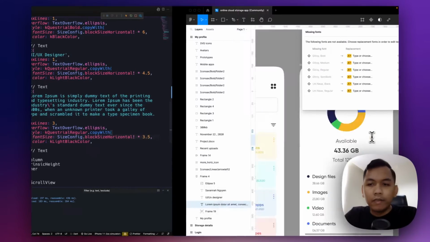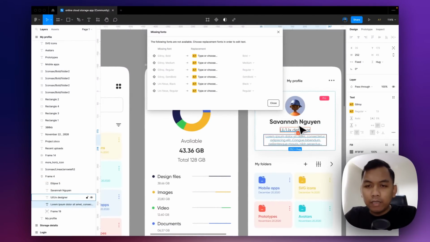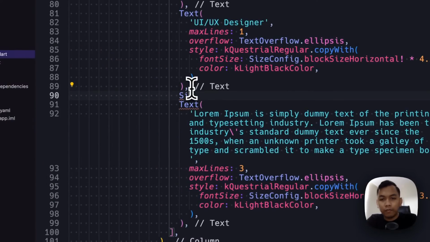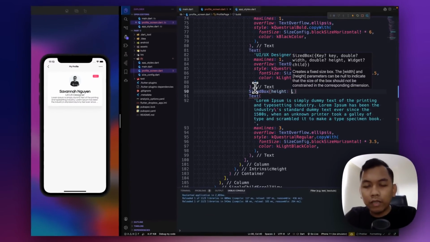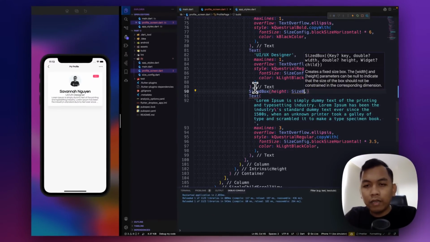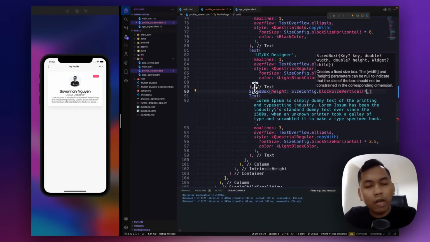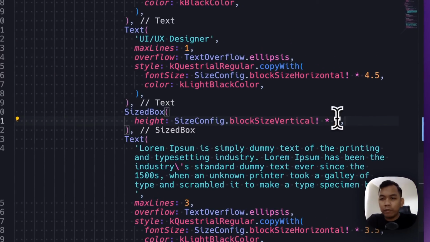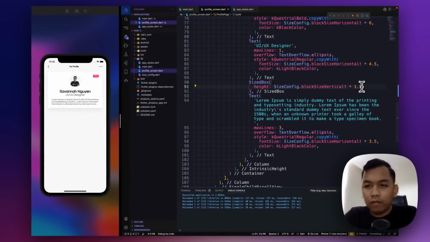All right. And between this, let's add a space using sizebox. The height will be size config and block vertical, and then times to how about 3? All right, it's too much, so maybe just 1.5 or 1.2.